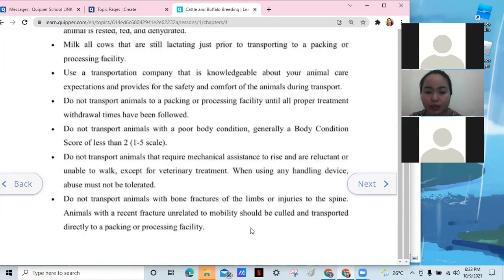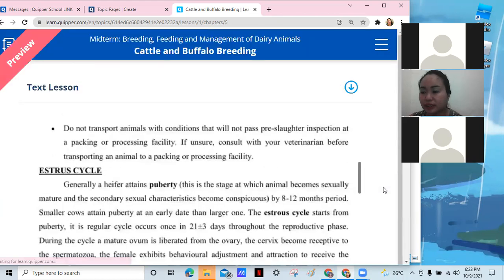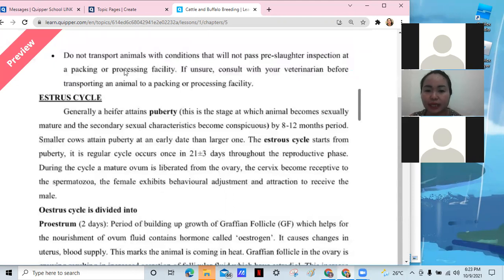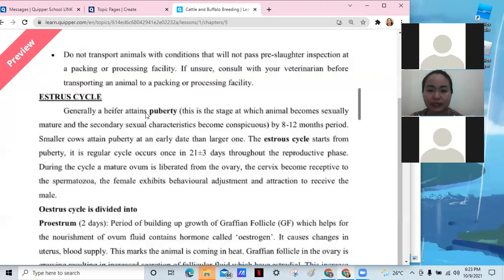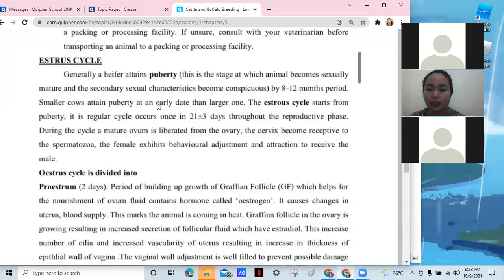So if they have a recent fracture related to mobility, they should be culled and transported directly to a packing or processing facility. So do not transport animals with a condition that will not pass pre-slaughter inspection at the packing or processing facility. If unsure, consult with your veterinarian before transporting an animal to a packing or processing facility. So that would be all for breeding criteria. Now we will discuss the estrus cycle